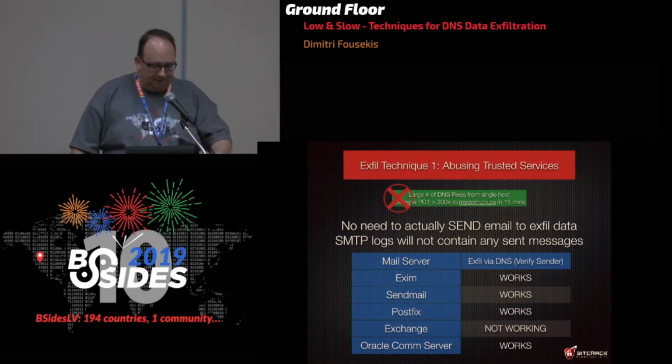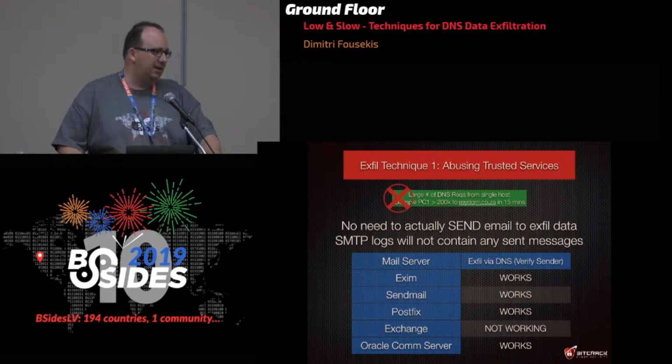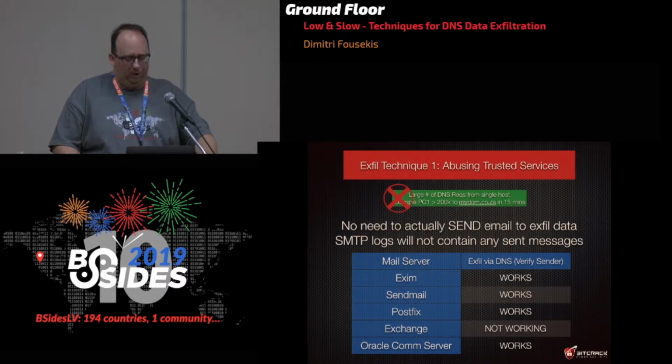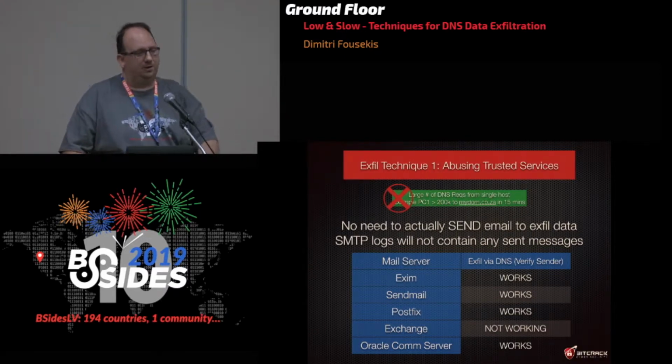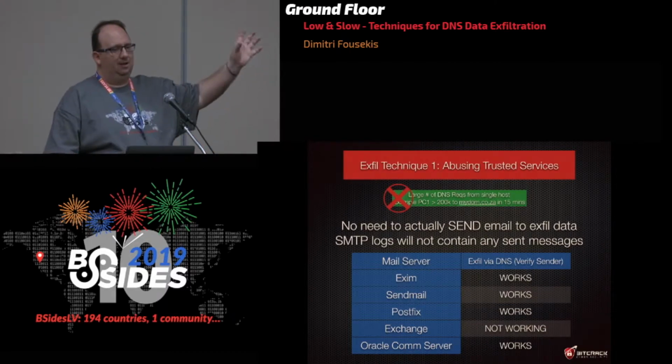So some servers that we found work by default to do this. They don't need specific customization. Exim, Sendmail and Postfix, an Oracle communication server. So if they're running in an environment and you want to get data out through DNS exfiltration, you can use this technique. We are going to put a tool up for it, but it's generally something you could develop on your own too. It's not difficult, because what you're doing is you're combining the old technique of taking the data